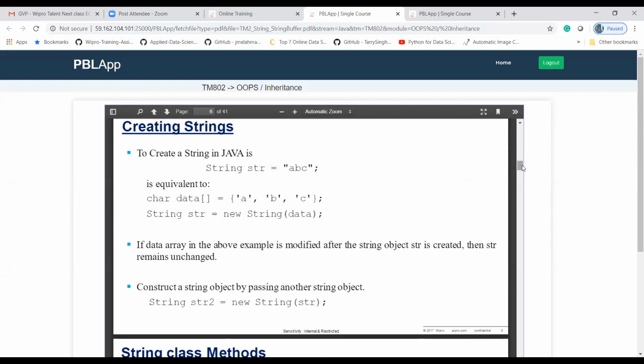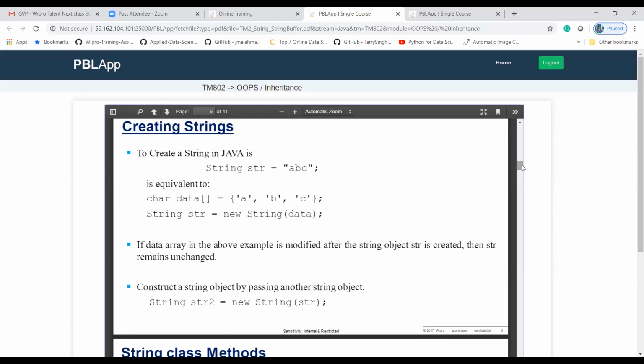To create a string we use double quotes. String is a data type, str is equal to "abc". For declaring an array we have to use char data square brackets equal to abc.